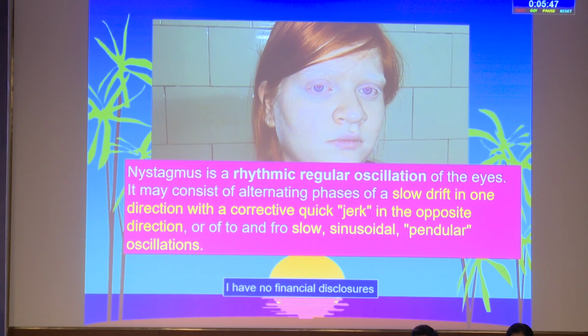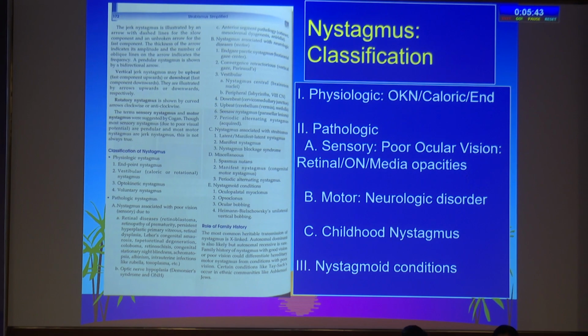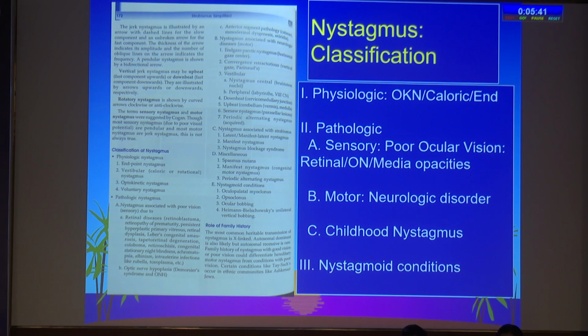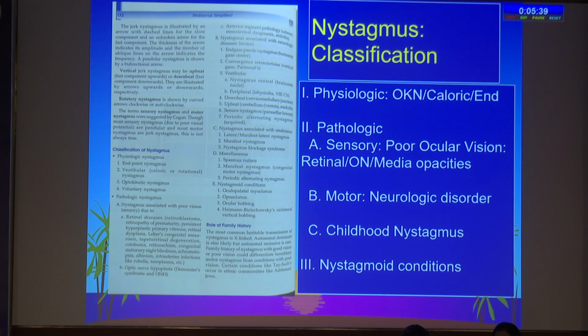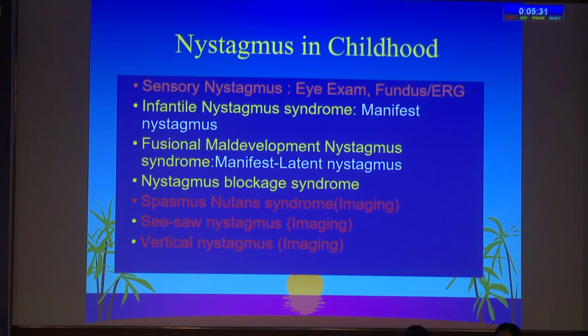Nystagmus, as we all know, is a rhythmic regular oscillation of the eyes. And we know that we are going to deal with physiologic, pathologic, and nystagmoid conditions separately. The physiologic nystagmus, we are all aware of optokinetic, vestibular, and voluntary nystagmus. Coming to the basic group, which we will be mostly dealing with, the nystagmus in children, which will be in